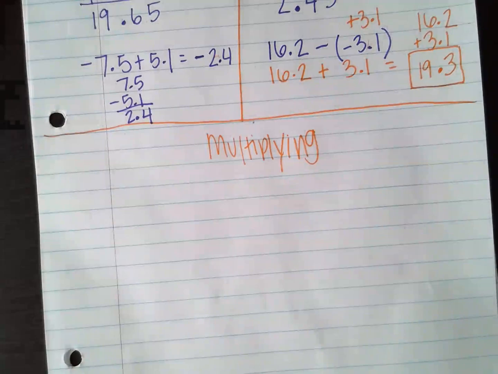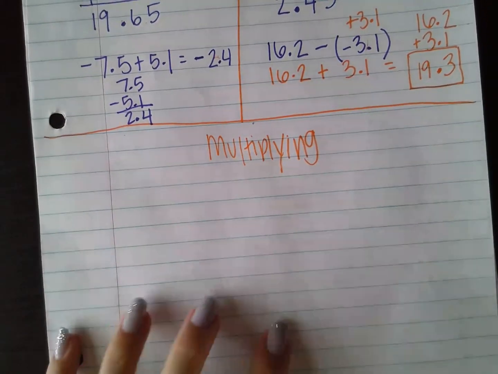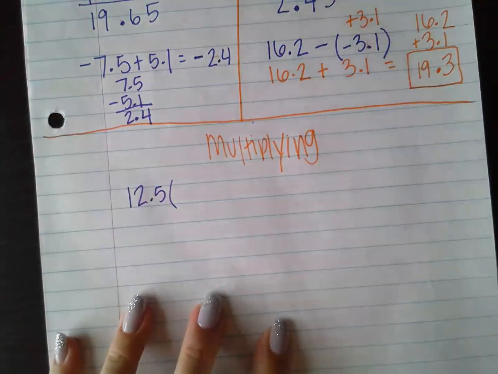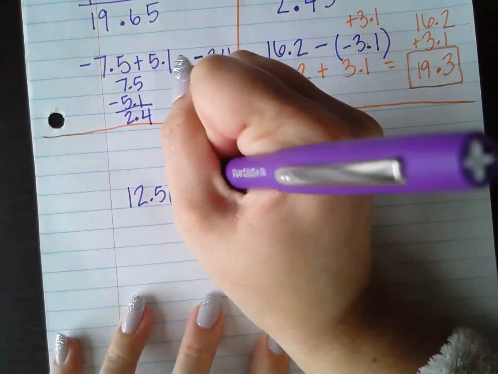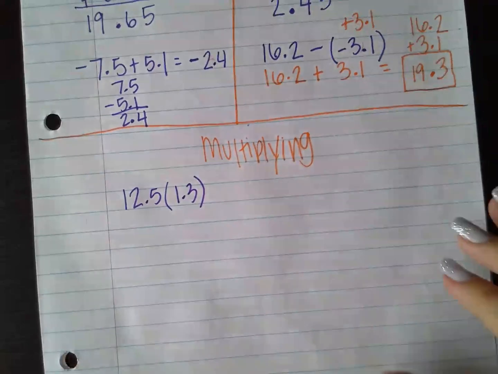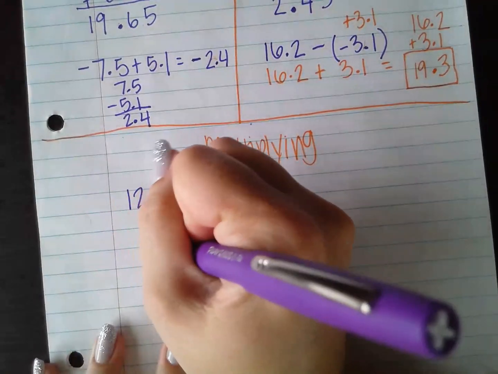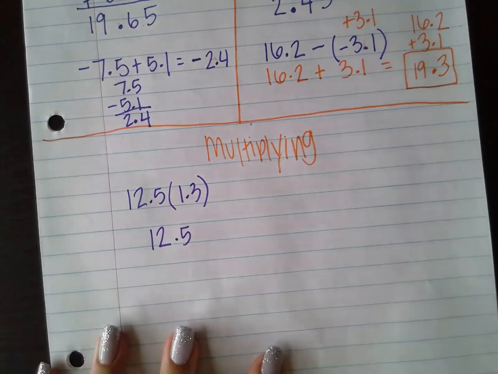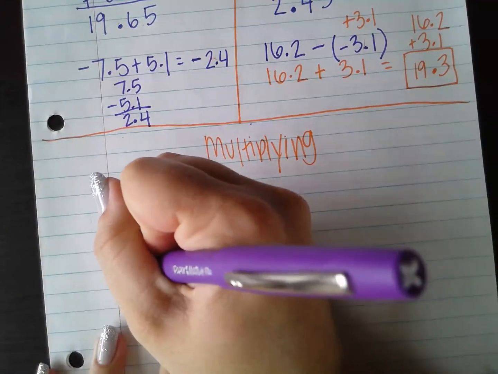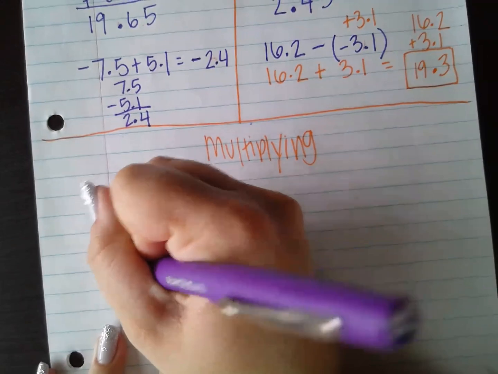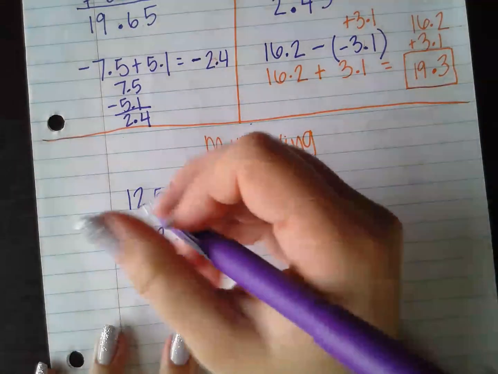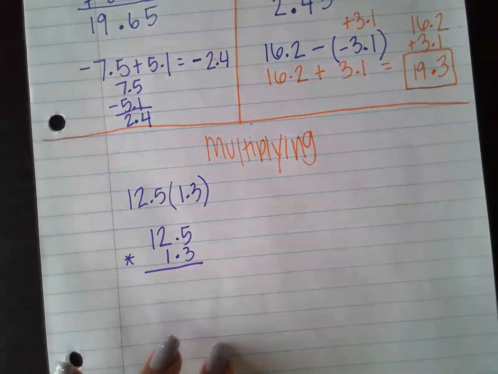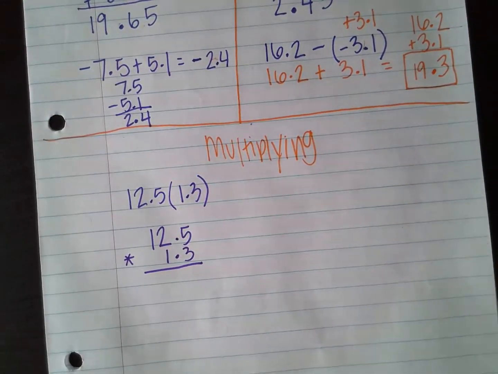So the first example we are going to look at is 12.5 times 1.3. Okay, so when we multiply decimals, I can set them up like how I've done multi-digit multiplication before. I'm not going to use the X symbol for multiplication. I'm simply going to put the asterisk out over here. So I can write it like this, and we'll be able to use our place value to do our